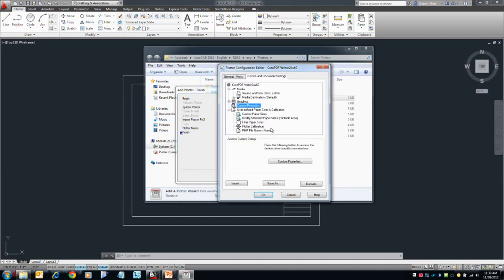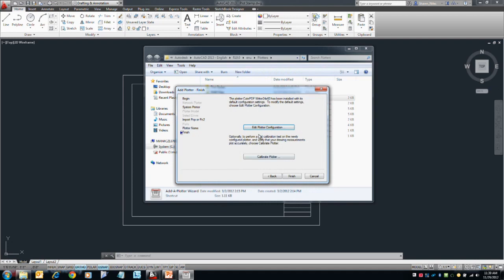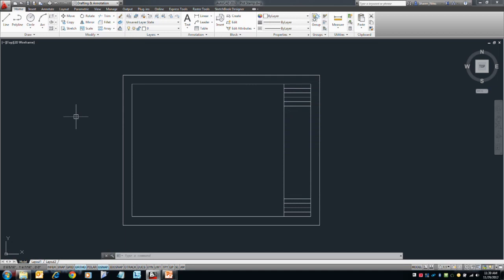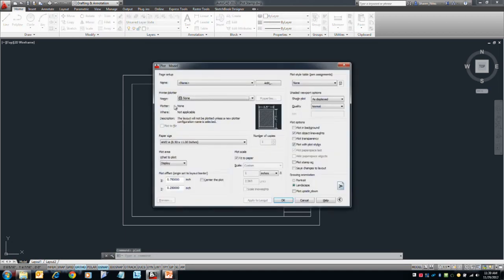Say next on this, the edit plotter configuration. Again, this is going to bring you into the PC3 options itself that you can modify. And we'll go and look at those in a minute after we have this created. You can choose to calibrate the plotter if you want to. Those are those options here. Once you say finish, within a few seconds, you'll see that new PC3 is going to show up in your list. And in addition to it showing up in your list,